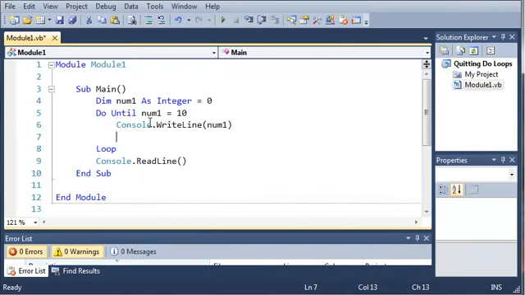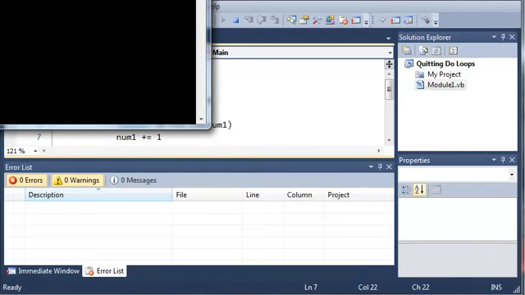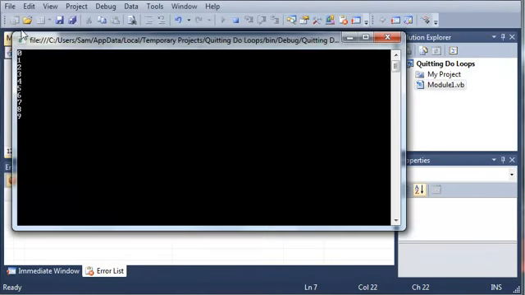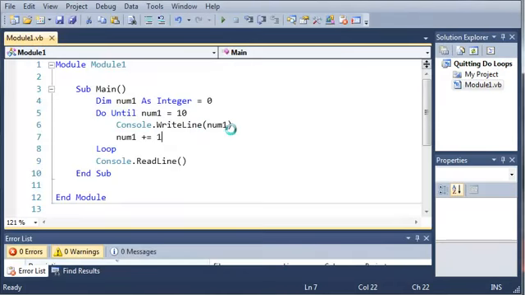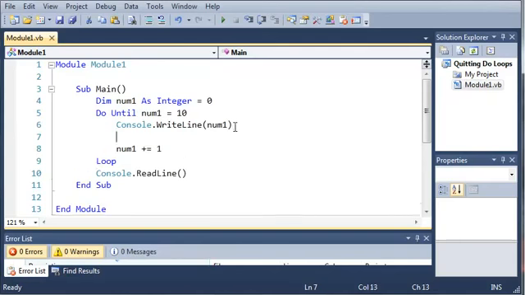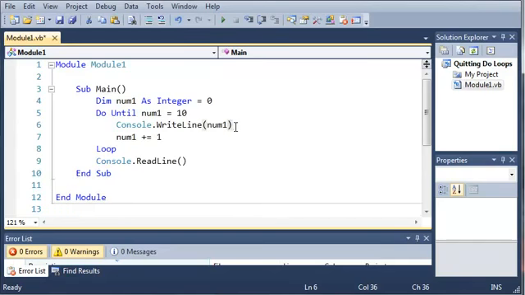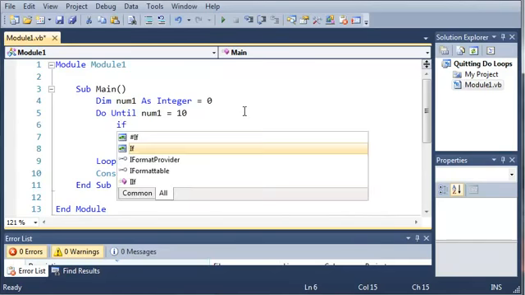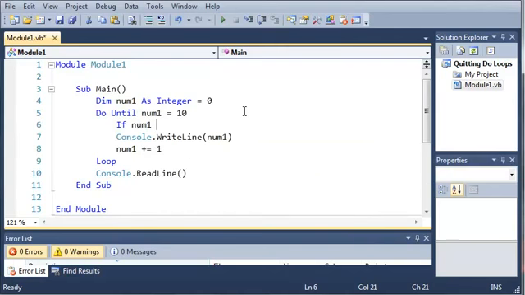So now what we're going to do is we are going to increment num1. So if you run this, it's going to give us 0, 1, 2, 3, 4, 5, 6, 7, 8, 9. Now let's add a simple if statement. So if num1 equals 5,